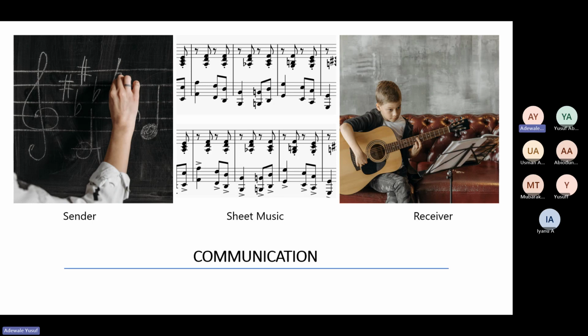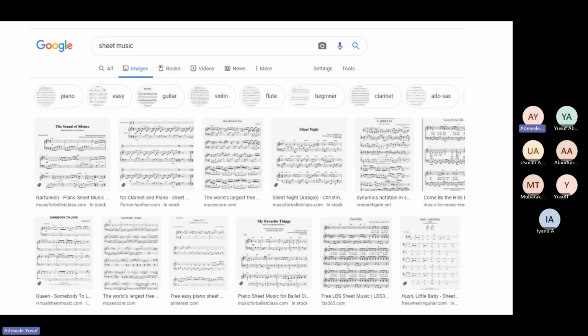And this is a one-way communication. It doesn't mean that the person that created this is black or the other one is white. This person is from Ghana, this person is from Nigeria. So this is a semantic notation that is the same all over the world, right? And if you go to Google and you type sheet music, you notice that the design of the sheet music you will see will be the same all over the world. It's not as if somebody is creating something very colorful and another person is creating something very different, right?